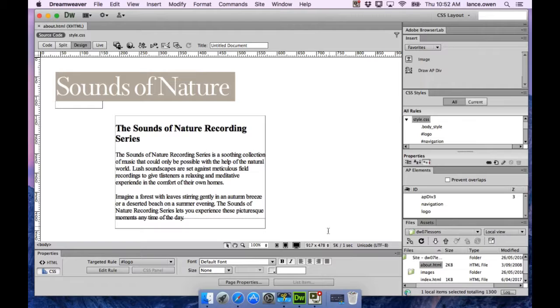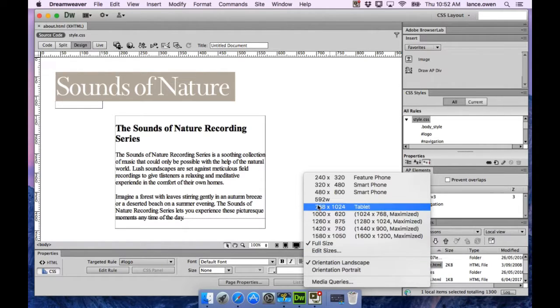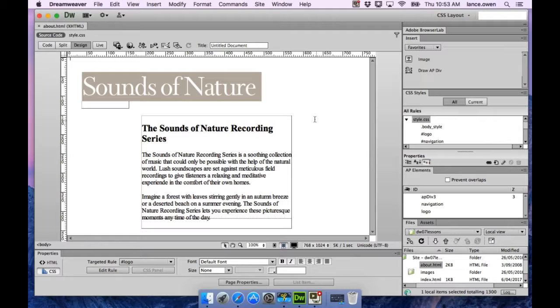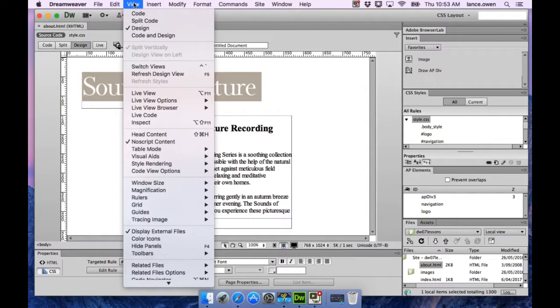But what I want to make sure of is, first of all, that the web page is of the same dimensions as the index one. So let's make sure we've got that on tablet 1. Now, what we're going to do is we're going to change this white background and the typeface later on using the tag selector. But to start with, let's go do View and go to Grid